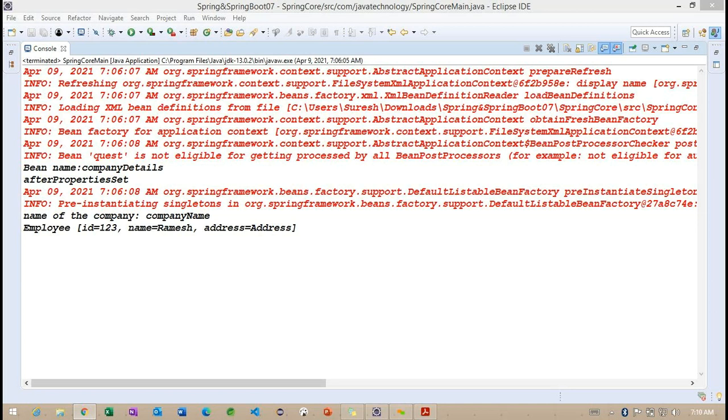So basically, we need to understand how exactly these scopes are going to work. Getting the point. So whenever we are working with a scope, if I specify singleton, what happens internally? For the entire application, we are going to create only one object. The same object is going to serve each and every request. Getting the point. So basically, now you can imagine.